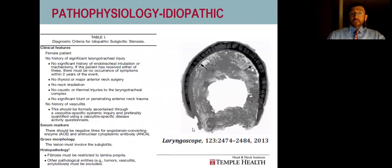So again, you can see their pathophysiology. This is from Guri Sandhu's group in the UK. The problem is not the cartilage here. It's a submucosal fibrosis in the lamina propria. So it's a very different kind of condition, and the acquired, invariably, like I was saying, is a chondritis or